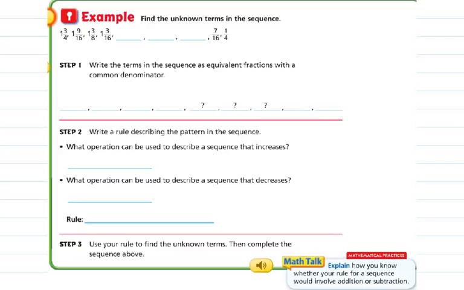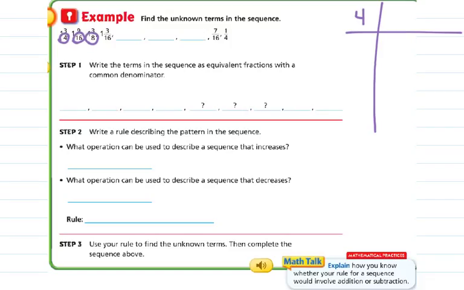Example. It says find the unknown terms in the sequence. So what we're going to do, boys and girls, is as we go through these, we're going to analyze them to see if the sequence is increasing or decreasing. So first it says we have to look at our terms, and we see our denominators are 16, 4, and 8. And what we have to do now in this case, boys and girls, is we have to write our